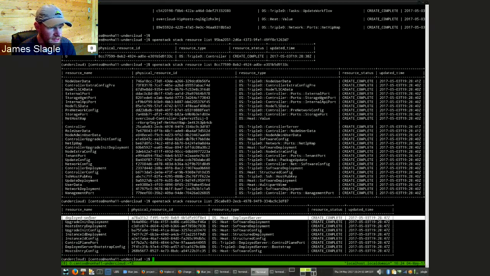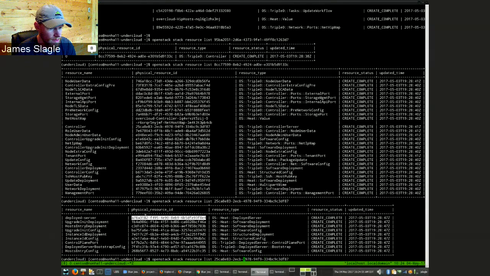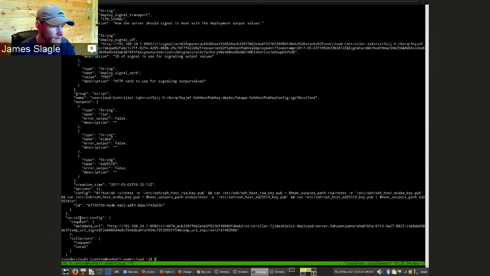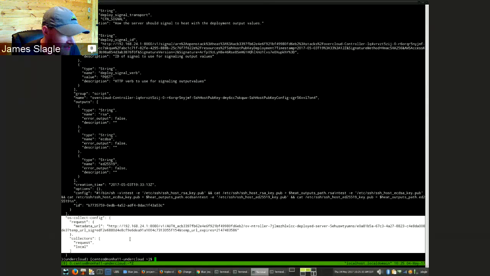And here we see we have a resource called DeployedServer. I'm going to show the metadata from heat for that resource. Okay, well that was quite a lot of data, but luckily what we want is right at the end. So this is a huge JSON dictionary of all of the metadata associated with this server, and the metadata is things like what software deployments need to be applied to this server. So if you want to run scripts on the server or something, the actual contents of that script would be embedded in this